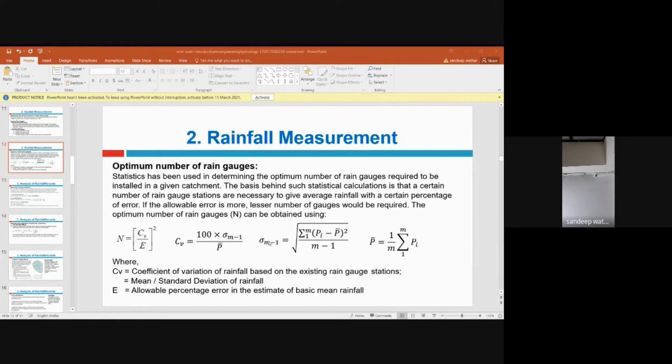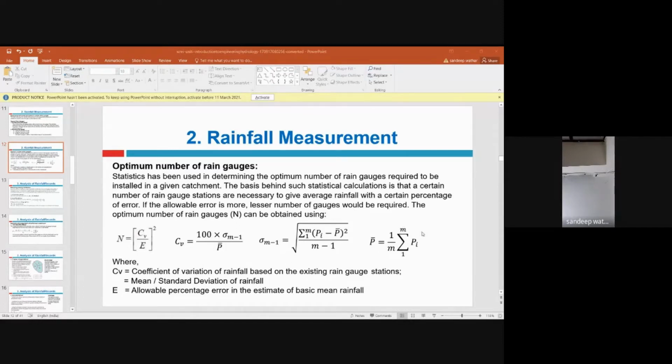Now the standard deviation is equal to the root of the sum of (Pi minus P bar) whole squared, where Pi is the rainfall value of individual rain gauge stations. So it is the difference between the rainfall from each individual station and the average rainfall, squared, and you sum all of that and divide it by (m minus n). M is the number of stations already available, n is the number of stations required for a watershed. From this equation you will calculate the standard deviation, and